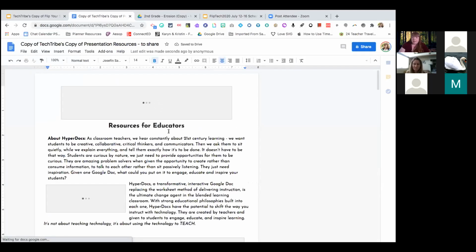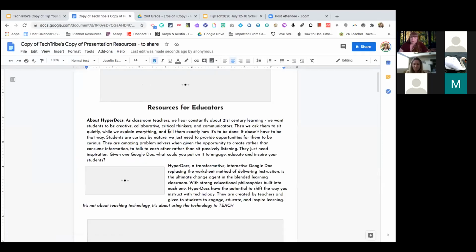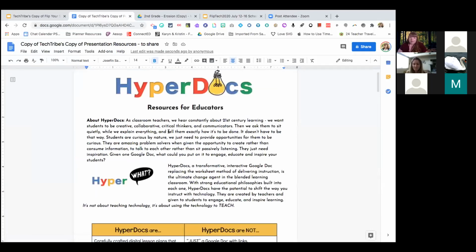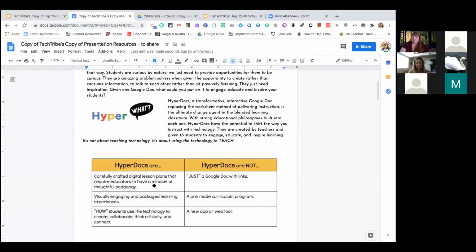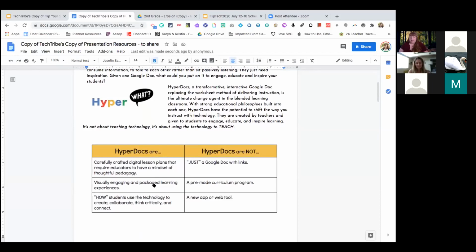But we found this document when we were first starting to work with Hyperdocs, and it has a lot of good information for those who are just beginning, who might not know what a Hyperdoc is, but might be interested in learning a little bit more. It tells you kind of what it is and what it's not, right? It's not just a Google Doc with links. It's not pre-made curriculum, right? It's not just a new trendy app or web tool.